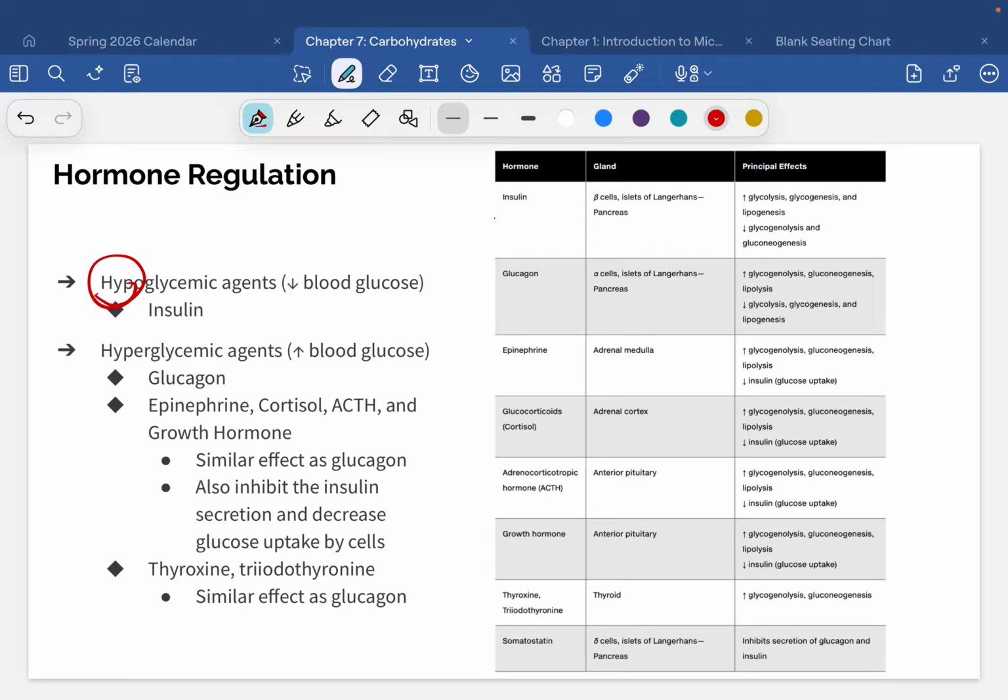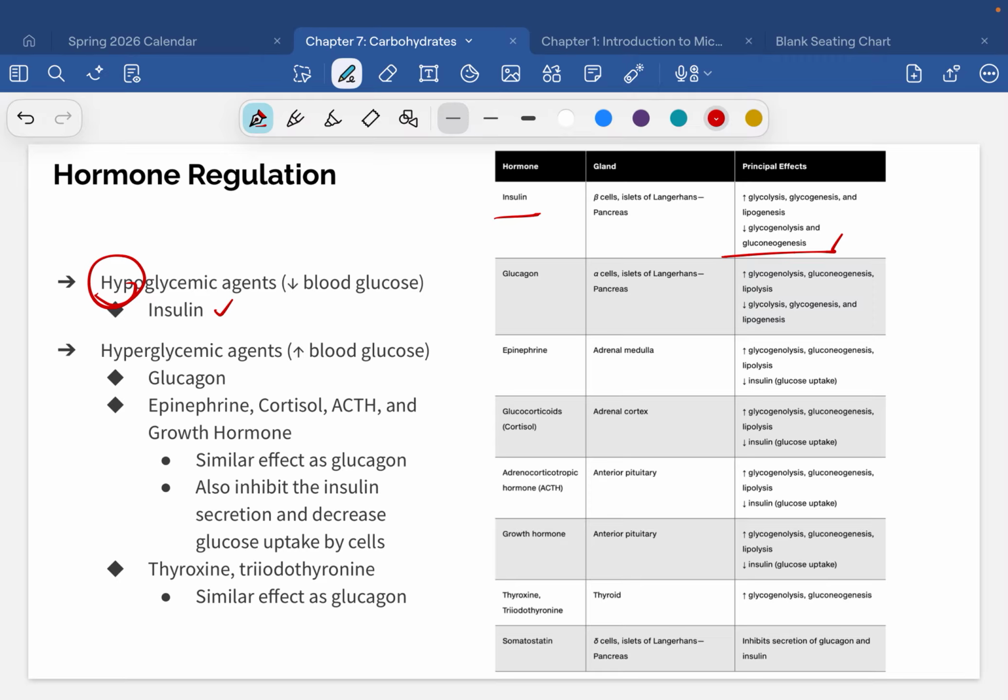Okay, and there's another chart up here that says all the same stuff I said on the other slide. It's just in a chart, if that makes it easier for you. Something I do want you to notice is that under hypoglycemic agents, there is one thing listed, and it is insulin. There is not really another hormone whose job is to decrease blood glucose levels. Insulin is kind of it, which is why when you don't have insulin, like we'll talk about in a few minutes, it's incredibly devastating because there isn't really a backup. So for hypoglycemic agents, insulin is our only gal here.